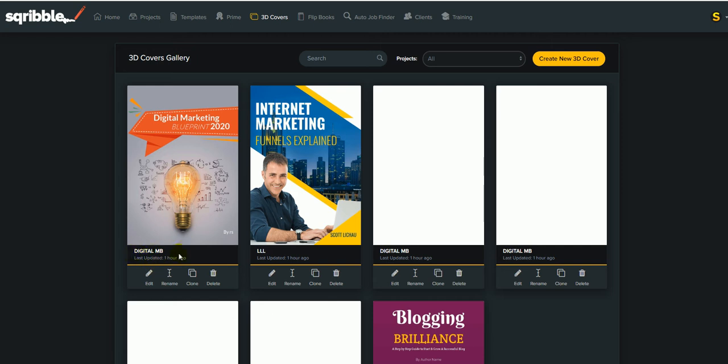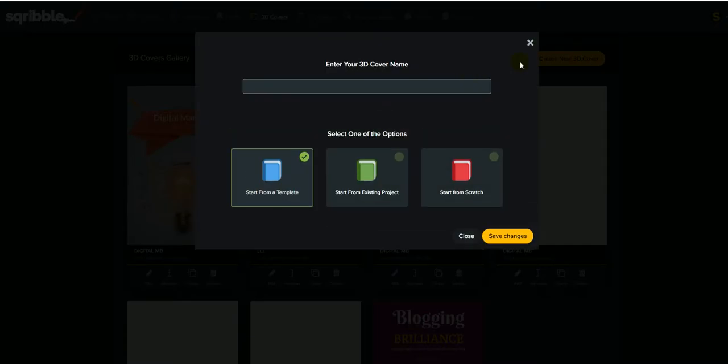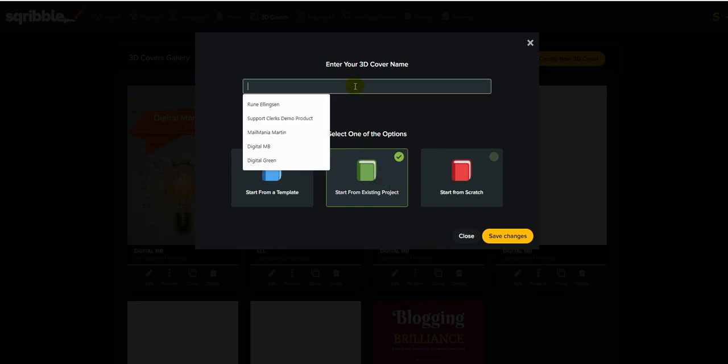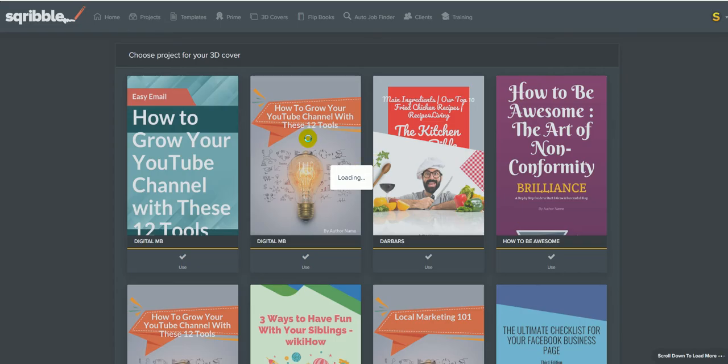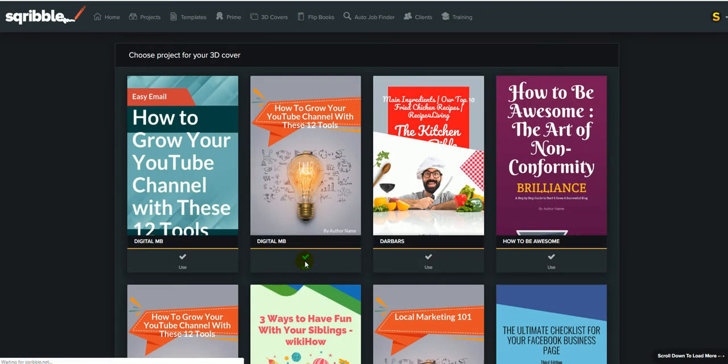So as you can see here, we just made this one a bit earlier, so this is already a made cover, but let's see, we can create a new one, and then we can start from an existing project, and we can choose the digital MB, which is the cover. And when we do,